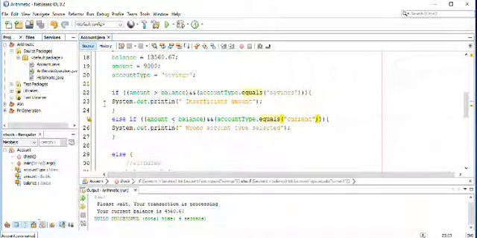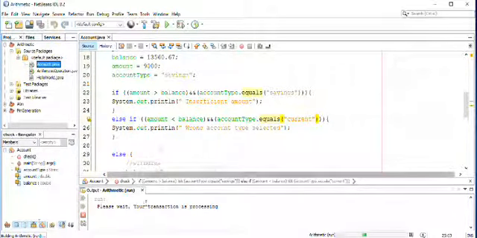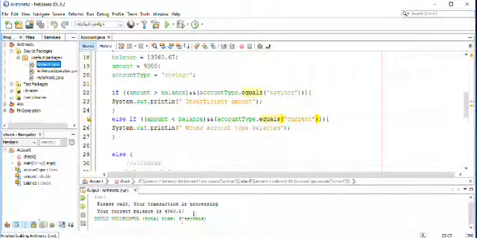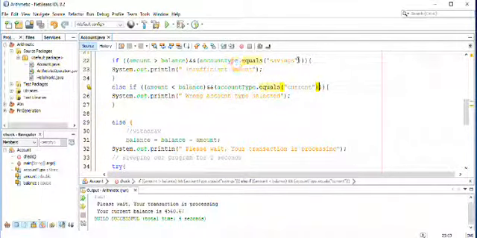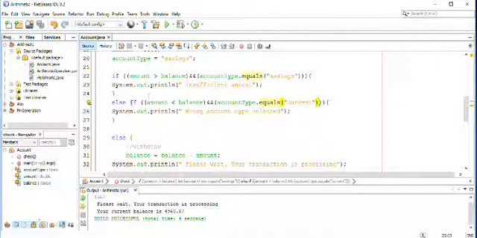Now let's run it to see. The transaction is processing. Okay, now it means that this was false because the amount is not greater than the balance, since our amount is 9,000 naira. Now else if means it will not